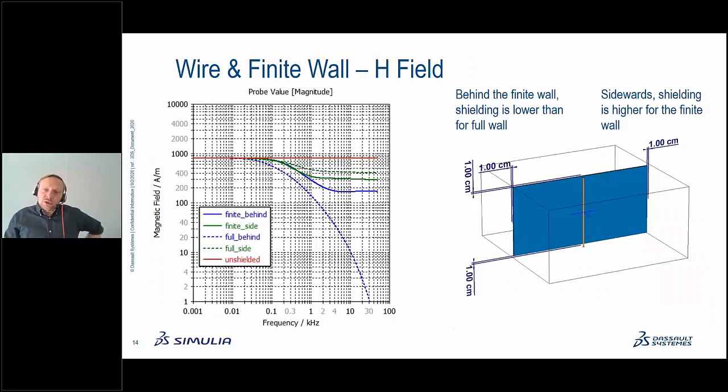So what we had up to now was an infinite wall. The wall was not infinite, it was connected to conductors at its side, so the induced current could take a path over these conductors where the wall was connected. What happens now if I make this shielding plane smaller? It's no longer connected to this electric boundary, which was conductive. If I move the shield away from it, so there is no way for the current to close over the boundaries, we can see that this affects a lot